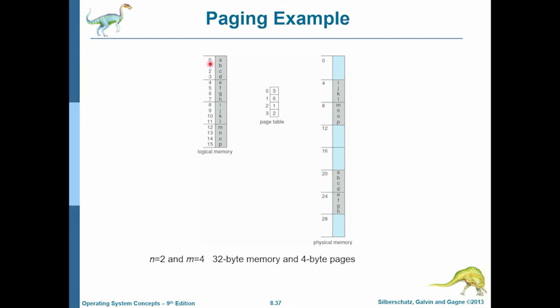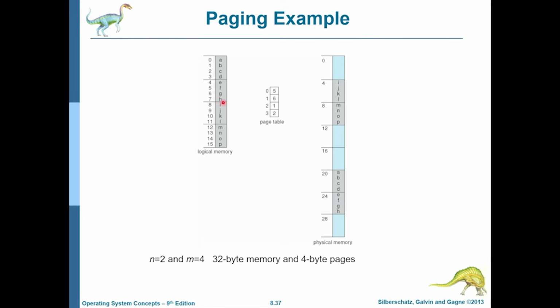This is page number 0, and page number 0 has a frame number of 5. So let's go to frame number 5. This is frame number 0, 1, 2, 3, 4, 5. And as you can see, page 0 had ABCD, and frame number 5 also has ABCD. And how can you easily know that this is frame number 20? Well, what you do is you get the frame number and multiply it with the size of a page.